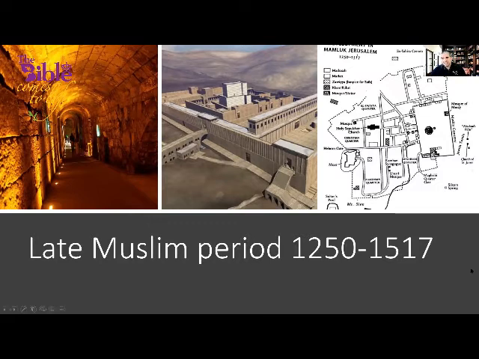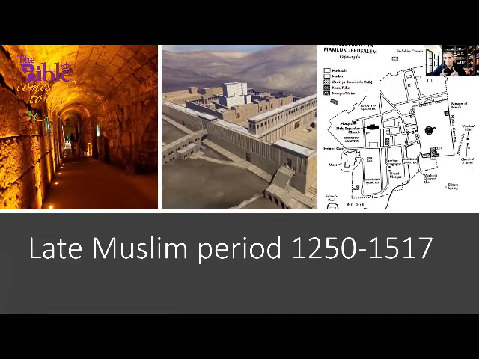What happened was, this is the map of Jerusalem from the Mamluk period. Look very carefully. We have, of course, the Citadel of Zion. We have Mount Zion, which is outside the city walls. We have the Armenian Quarter. We have the Temple Mount. We do not have the City of David right here, and there is no wall. At the time of the Mamluks, there was no wall around the city.